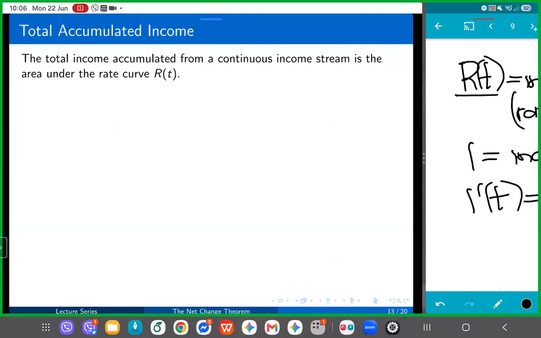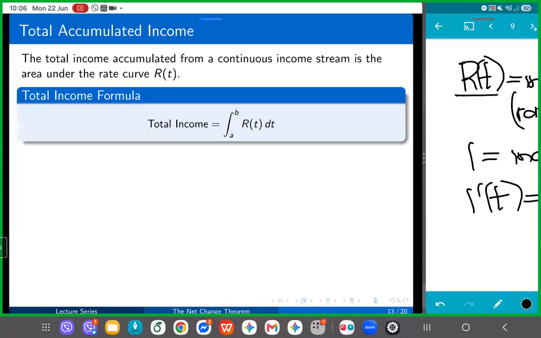So the total income, meaning the increase in income. Let's say I have received all the income that I should have received today. Now, after 100 days, how much will be the added income that I will be receiving at the end of those 100 days? That's the total income, not the actual income. It means net income or net change in the income. But we sometimes just use the word total income, not to be interpreted as income itself.